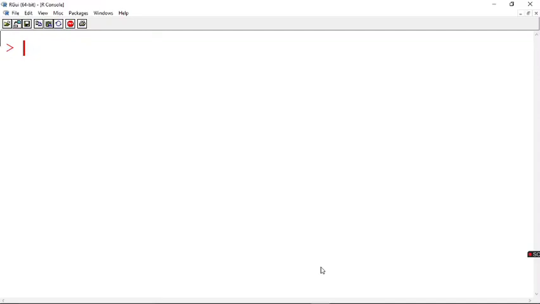Generally, in the R console, I have various environments. So what is actually an environment? An environment specifies the workspace in which a variable is created. You have so many environments. How do I check which environments are available? I have one particular command called search.